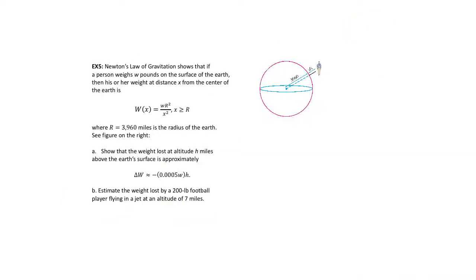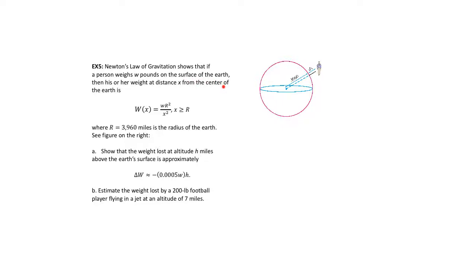Question number 5, the last one, is more of an application type of question. We want to be able to see how we put some of these techniques into a more realistic use. So 5 says, let's read it together here. Newton's law of gravitation shows that if a person weighs W pounds on the surface of the earth,